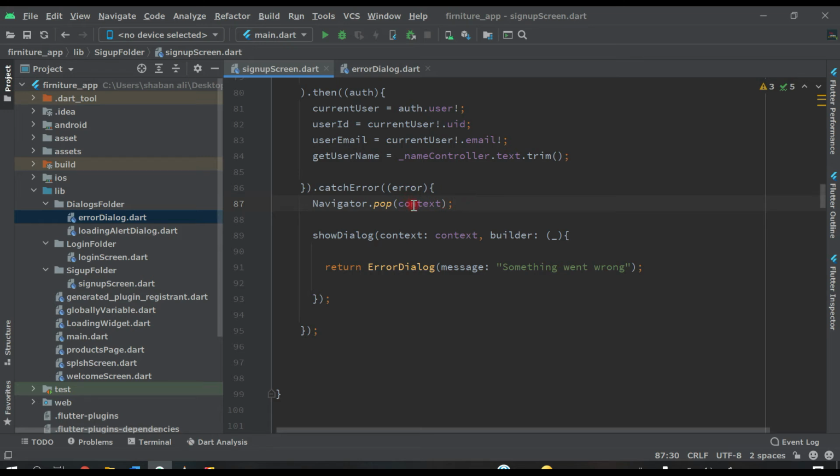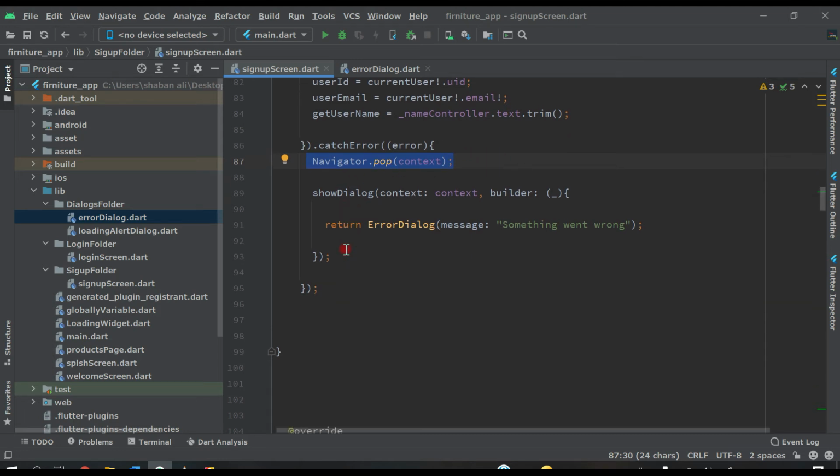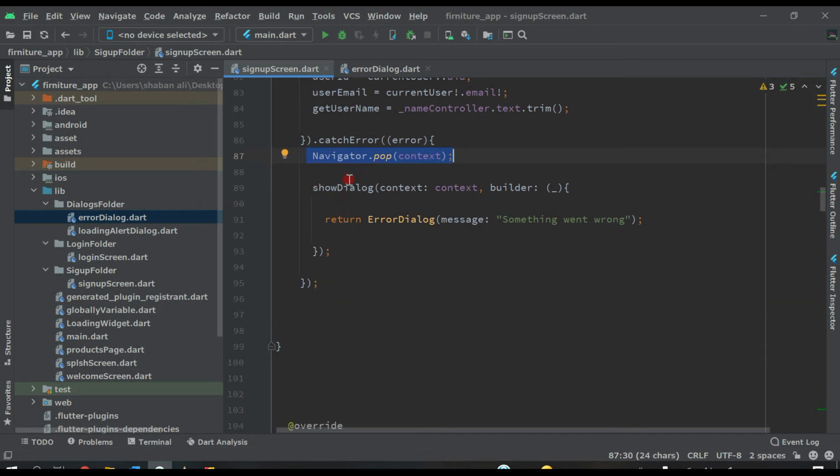So what will happen if everything goes well? We will close our application to the login again or register again, and if something goes wrong, we will display this message here.